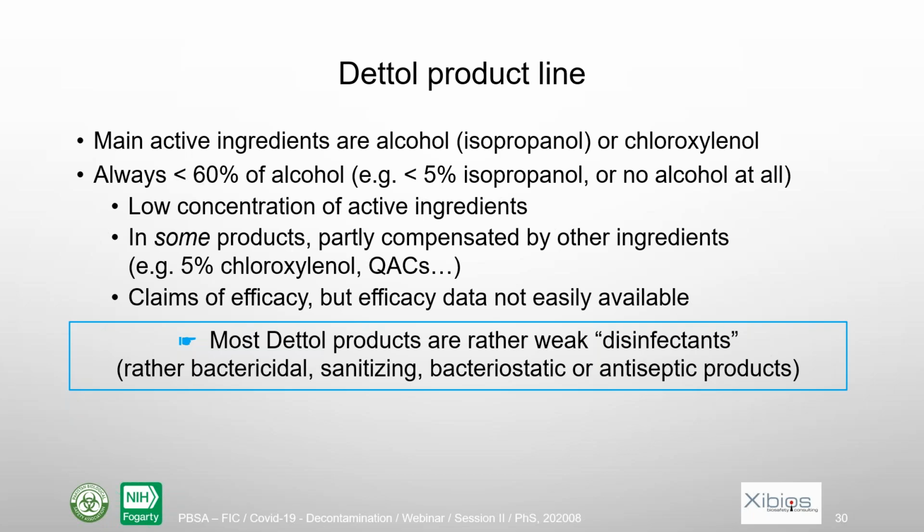मोस्टली इनके जो एक्टिव इंग्रेडिएंट्स हैं वो अल्कोहल के फॉर्म्स हैं, but it's always less than 60% alcohol in most of the cases जिसके अंदर डेटॉल यूज हो रहा होता है, तो उसकी कॉन्सेंट्रेशन काफी लो है। और इसलिए उसकी एफिकेसी के जो क्लेम्स होते हैं, बॉटल में अक्सर लिखा होता है कि किल्स 99% ऑफ जर्म्स, ये सब कुछ साइंस, because ये प्रोडक्ट लाइन है और कमर्शियली अवेलेबल है, इसके पीछे डाटा बहुत कम है।